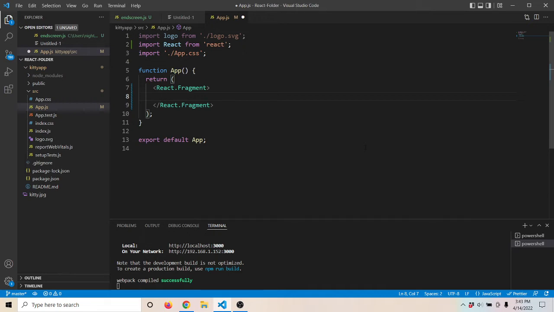And inside our React fragment, we're going to tell our app what components we want it to return. Except right now we don't actually have any components. So let's go make a component. Let's create a folder called components in our source folder. Components, make sure you spell it right. And in this folder, we're going to store all our components. And so inside this folder, let's make our component called